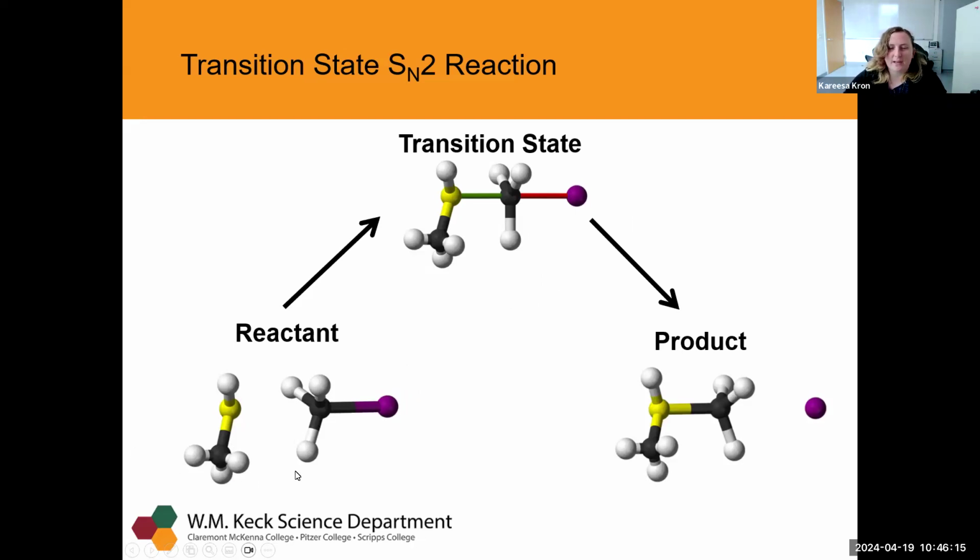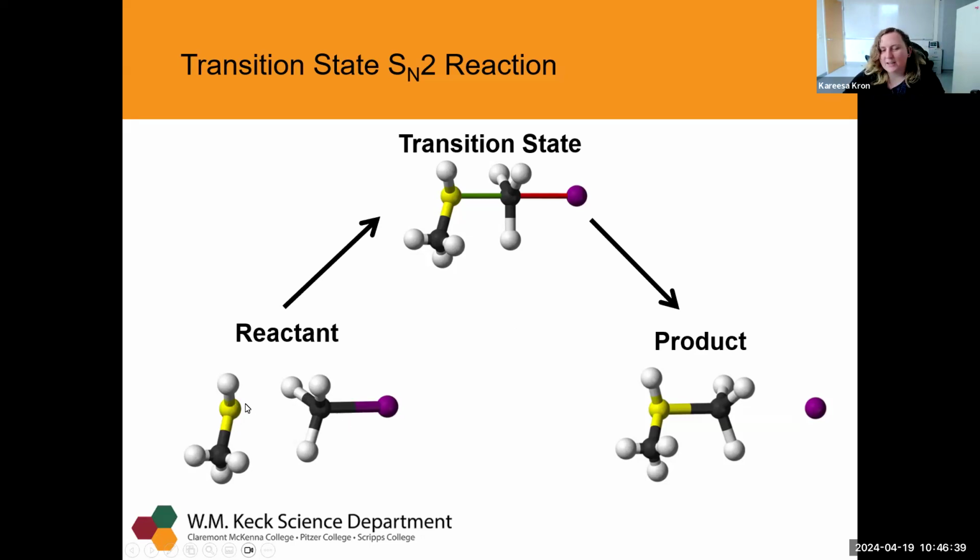So in a reaction with these SN2 reactants, this is an SN2 reaction. You don't need to know that. If you take organic chemistry, you'll learn more about this. But if this compound approaches this other compound where this yellow atom here can interact with the carbon in this